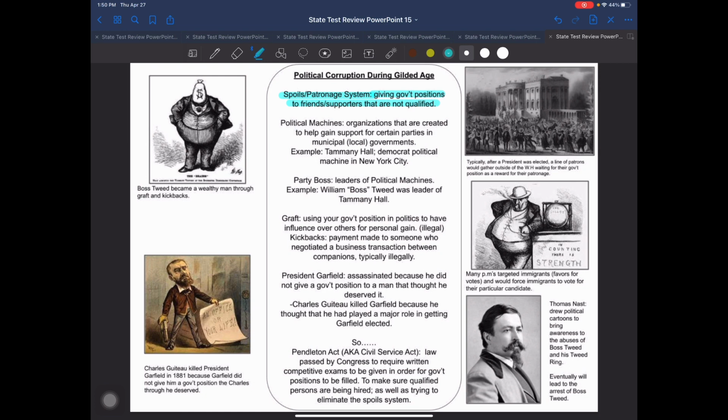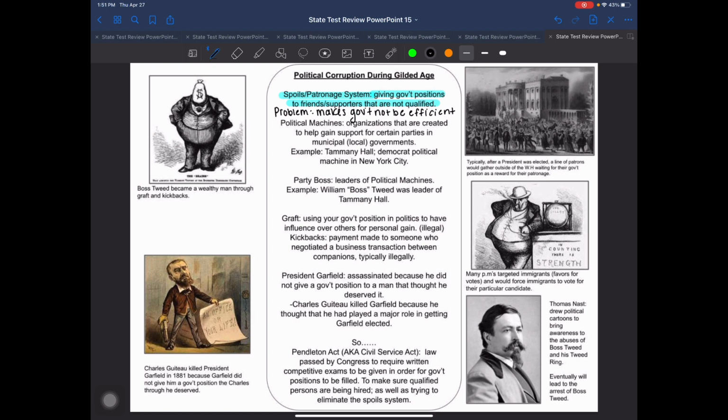Now, the problem with the spoils system, and I want to write this up underneath it, all right? The problem is it makes government not be efficient. Efficient. I think that's how you spell it. Probably not, but efficient. And so we have a lot of people in government and back then, even some senators,